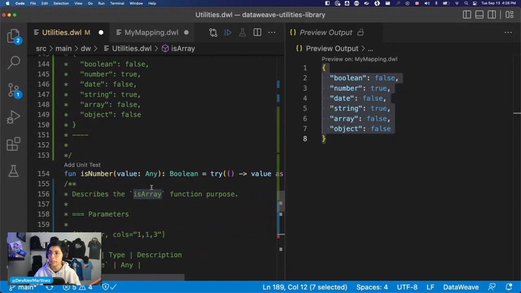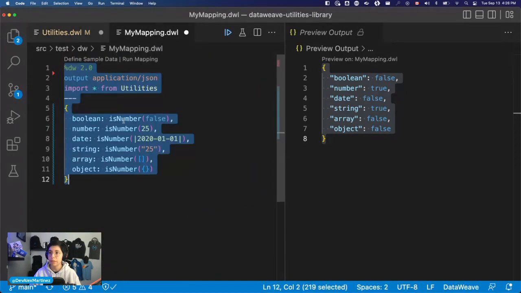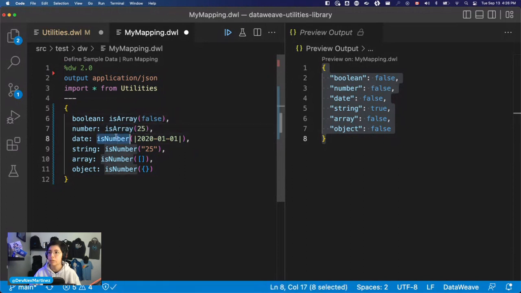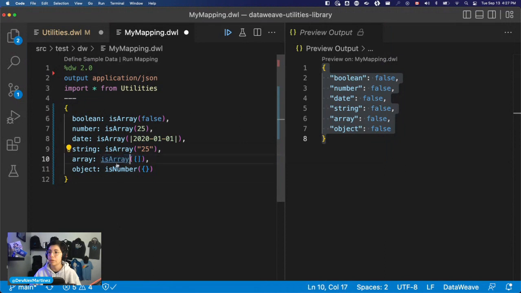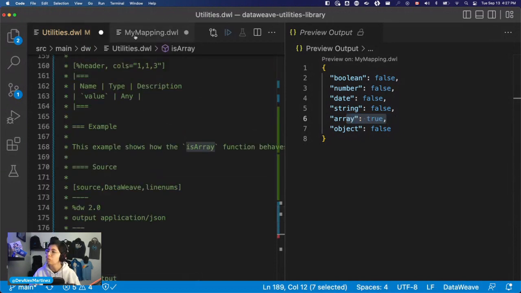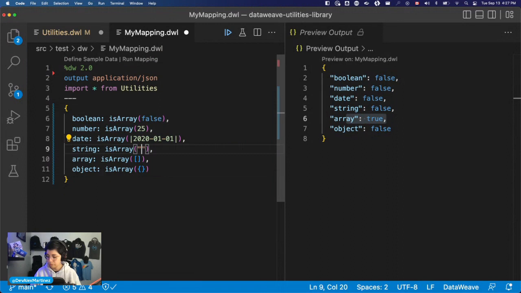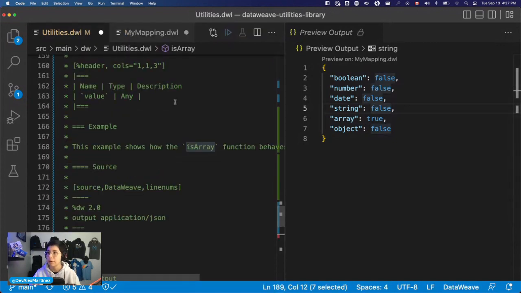Generate documentation. Let me first modify it here. So I believe none of these should work, only the array one. Yeah. And the same thing would be for the object. What if I put, it doesn't work. All right, I'm gonna do it like that. And then